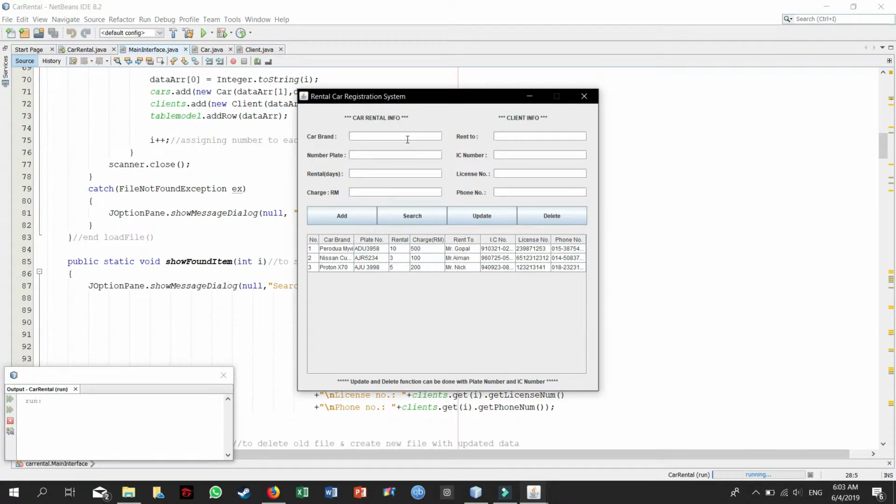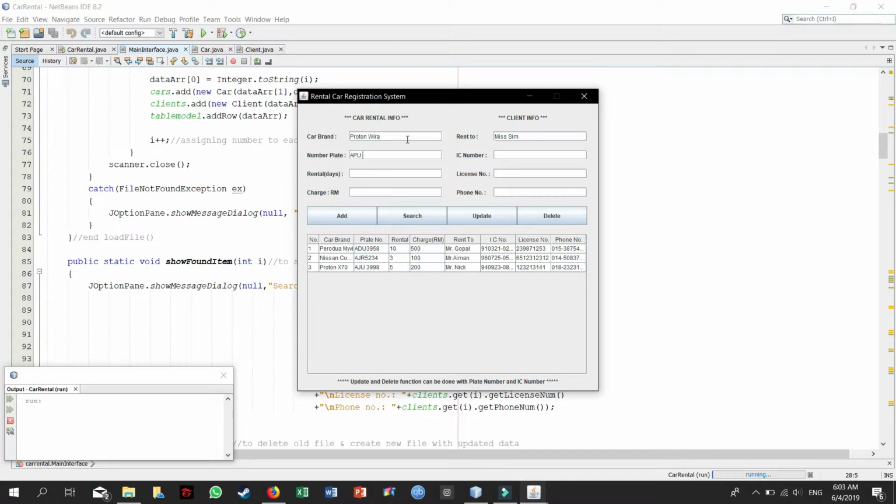I will add the car brand first: Proton Vira. Rent to Miss Sin. Okay, number plate